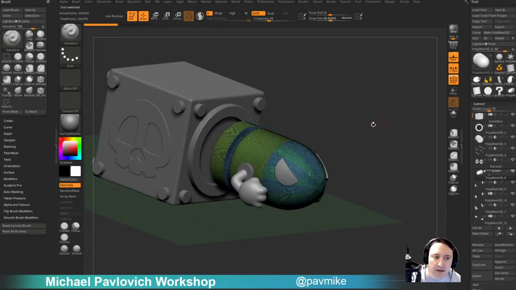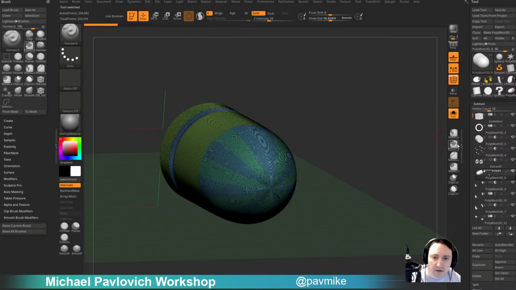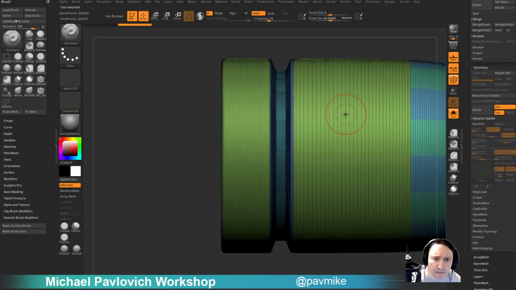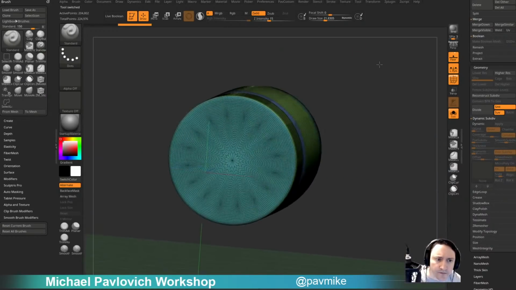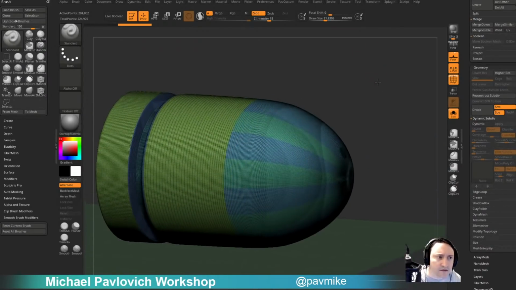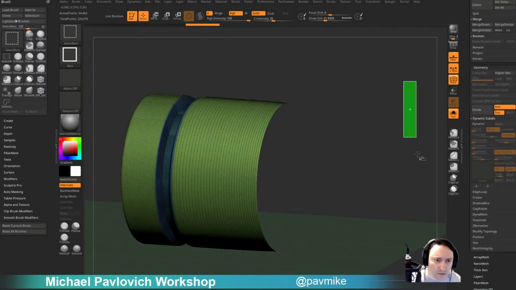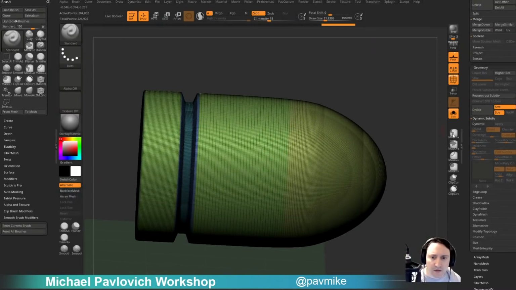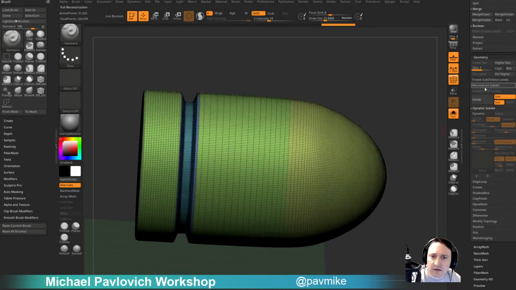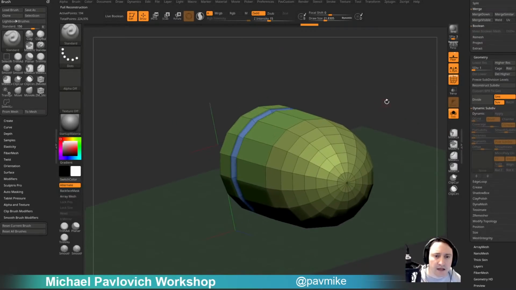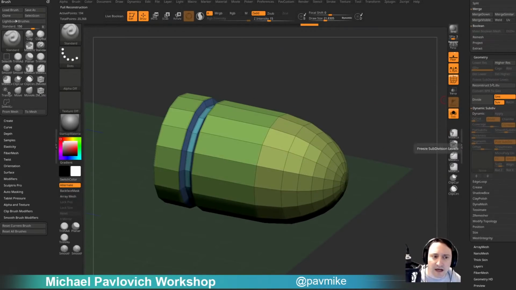We'll head back in here. So let's see what's going on with this guy. Dynamics turned on. I don't know what I was thinking with this thing. Let's clean this up a little bit. So I'm going to hold down Control Shift. We're going to isolate these two polygroups here. Hit Control W. I wonder if I can hit Reconstruct. Oh yeah. Okay. I had applied that geometry, so I'm going to go ahead and hit Delete Higher, and then